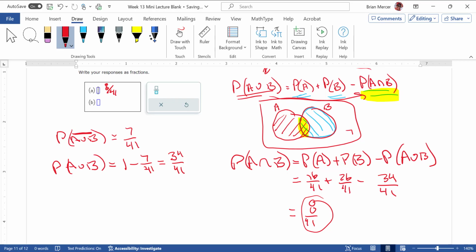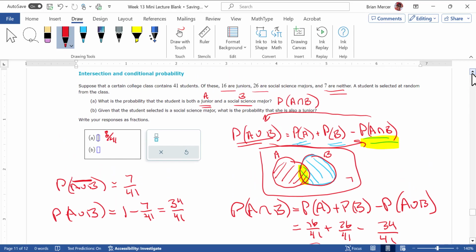Part B is a similar thing. We're going to manipulate another formula that we've already used, or you can memorize a new one. Part B says, given that the student selected is a social science major, what is the probability that she is also a junior? So,